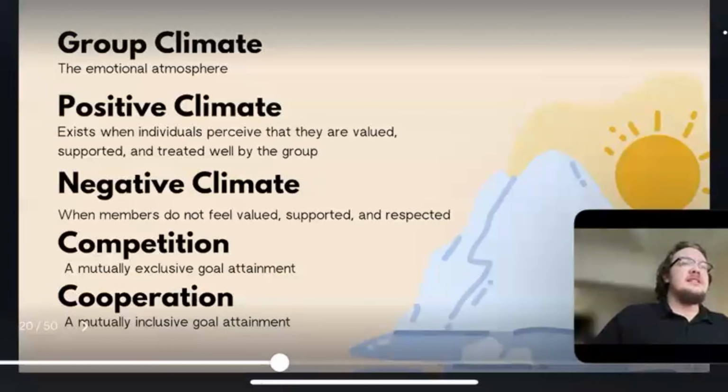Individual success is tied directly to the success of other group members in a cooperative group environment. Group members work together, not against each other, when attempting to achieve a common goal. Okay? And that's what we want. We want to achieve a common goal. And just like communication, cooperation is not a process, it's an outcome. So that's what we want to look for at the end of the semester.